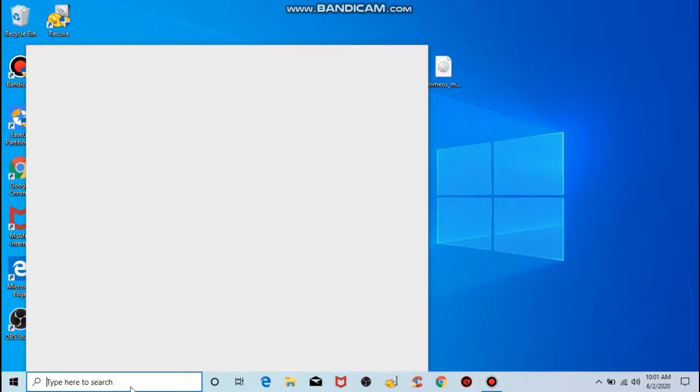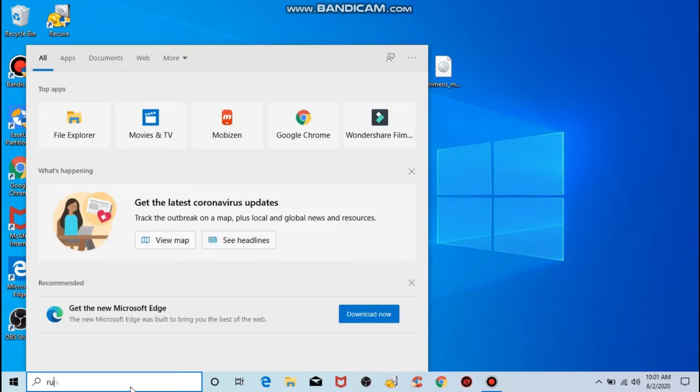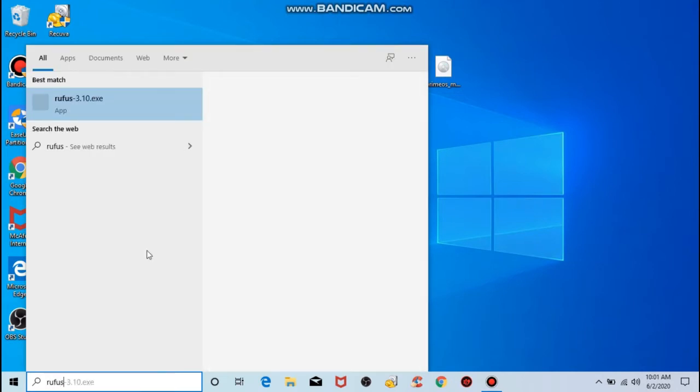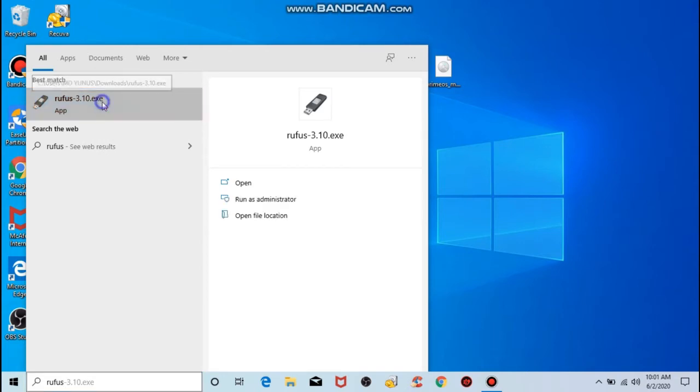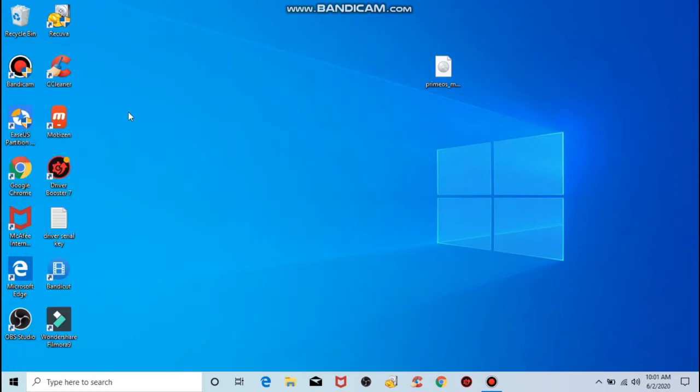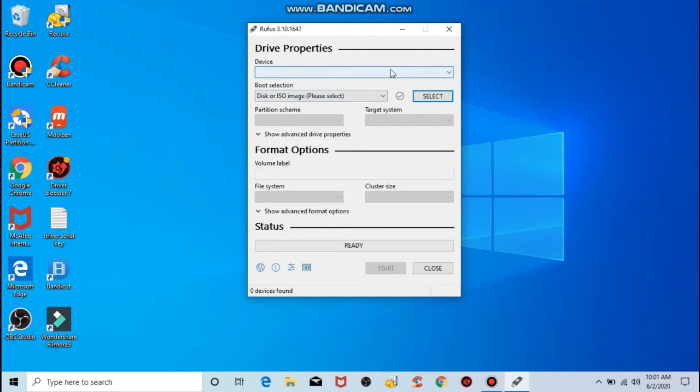To make a bootable pen drive of Prime OS, I use the software Rufus. I will give you the link below in the description. Just download it. I have already downloaded it, and you should run it as administrator, because Rufus is the best software, and my PC runs on GPT.